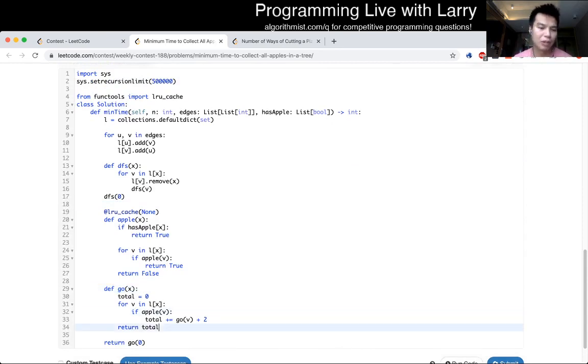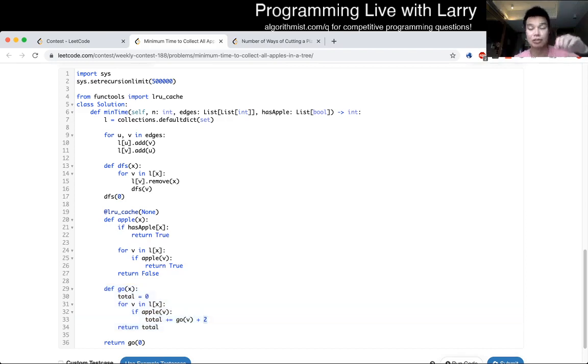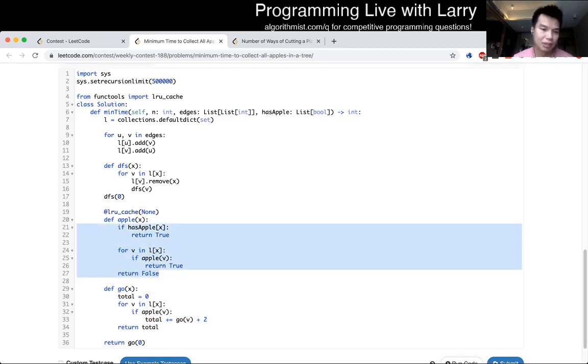So for that, we look at, well, recursively for each node. What is this saying, right? For each node that you're given, for each edge going outside that node, if that edge leads to an apple, go down that edge. So that's what the 2 is for, because you need one to go down and then another to come back up. And then, you just do that part recursively. And then the apple is just a quick depth first search as well,